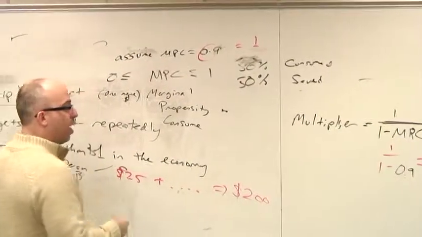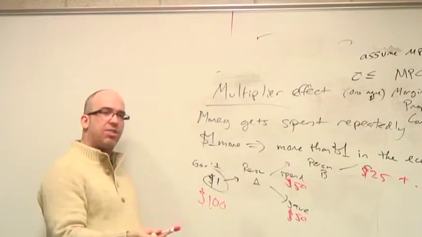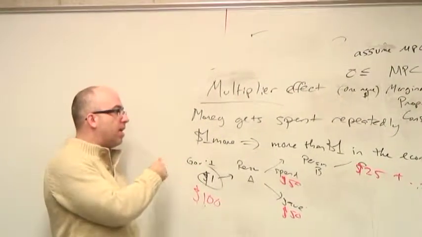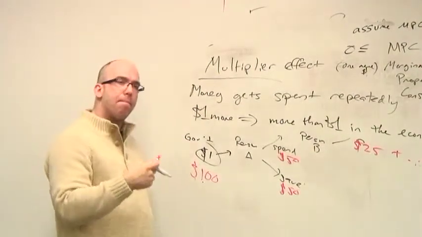And so where it ties into fiscal policy is if the government wants to raise GDP, they can put some money in the economy and they can watch GDP go up by more than the amount